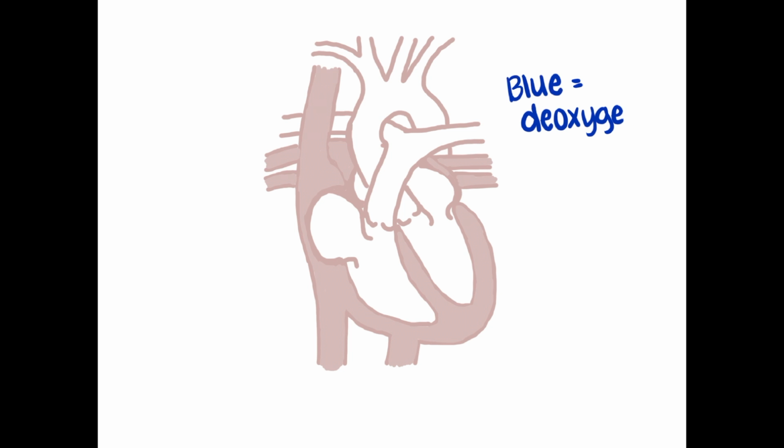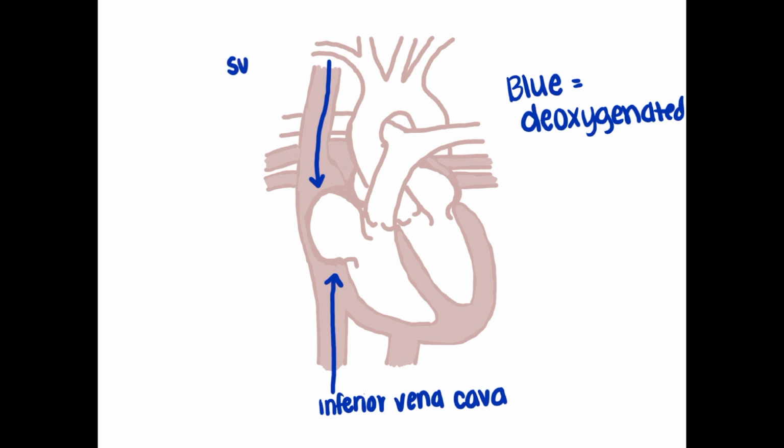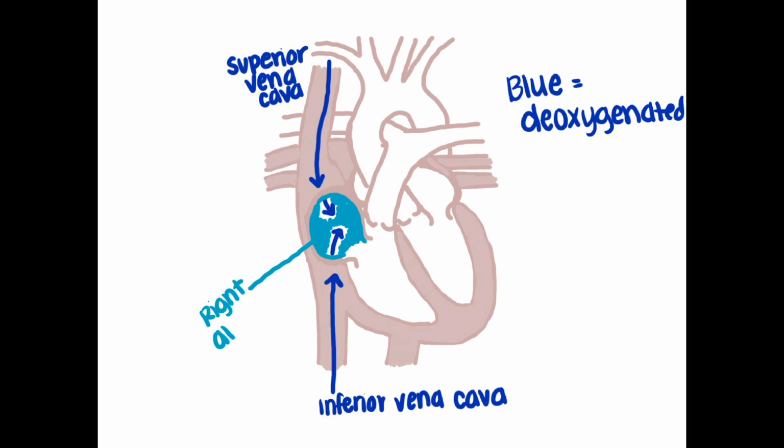It's called the Vena Cava, which is the vein that brings in blood from the body after it's been deoxygenated. The inferior Vena Cava feeds in from the bottom to the right side of the heart, while the superior Vena Cava feeds in from the top of the right side of the heart. The inferior and superior Vena Cavas feed into something called the right atrium, which is one of the four chambers